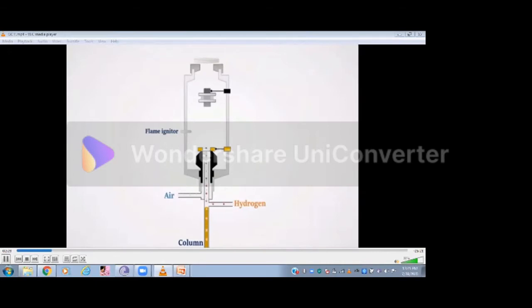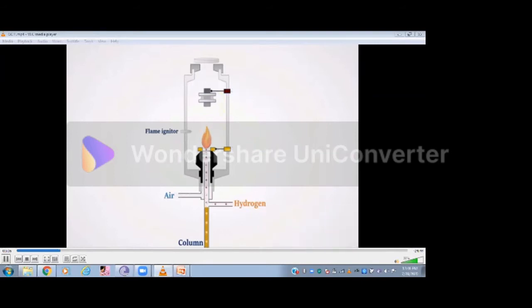The operation of the flame ionization detector is based on the detection of ions formed during combustion of organic compounds in a flame, which is generated by hydrogen and air. To detect these ions, two electrodes are used to provide a potential difference. The positive electrode doubles as the nozzle head where the flame is produced. The other, negative electrode is positioned above the flame. When an organic compound is mixed within the hydrogen flame, mainly carbon ions are generated, and a current is produced between the electrodes proportional to the amount of organic compound present.